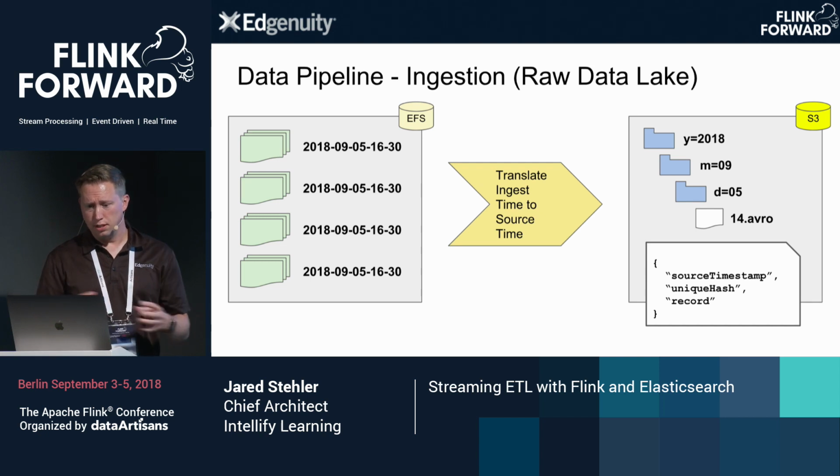So switching that to ingest time buckets allows us to constrain the number of open buckets at once for the bucketing sink, but it also requires us to have a job to translate those files from ingest time to source time and then upload them into S3,